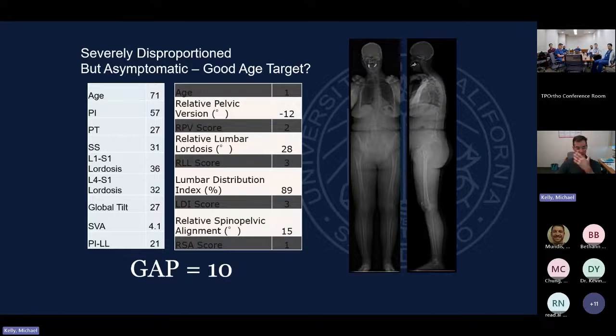And how do I think about this? Look at this patient, right? This is a patient from MEANS. They are at a good age. This is an asymptomatic 71-year-old, right? They have an ODI under 20. They're asymptomatic, but their measures by GAP are severely disproportionate. And that's all off. And I think the thing to take away from this is that PROMs are complicated